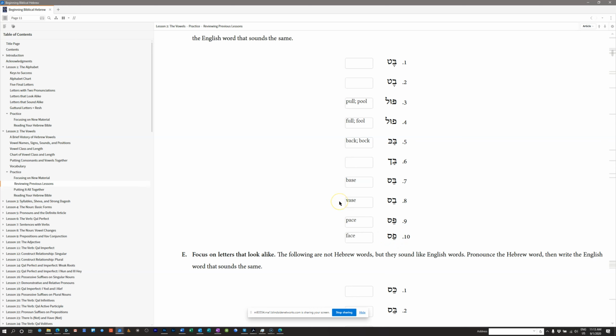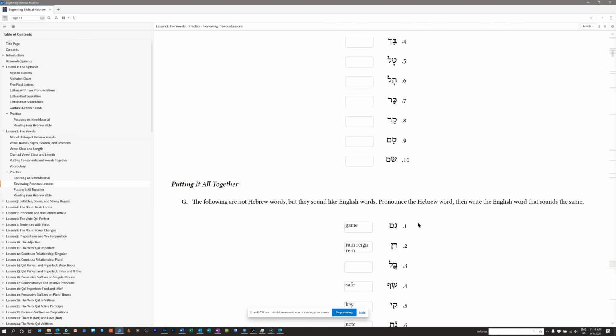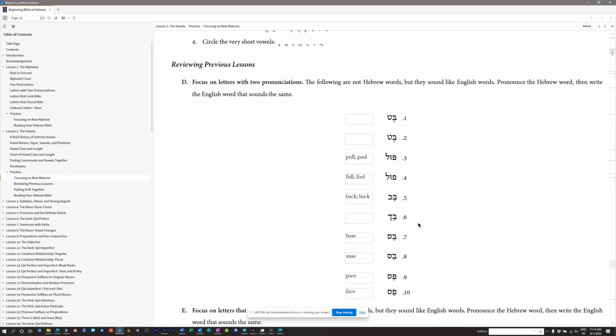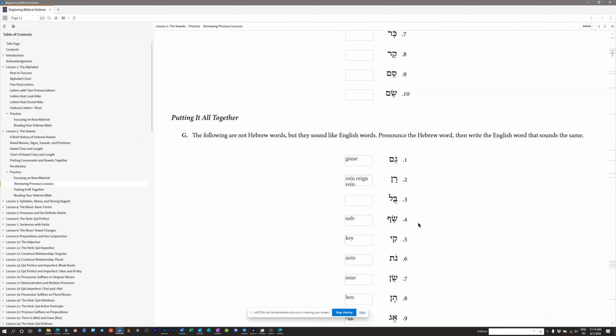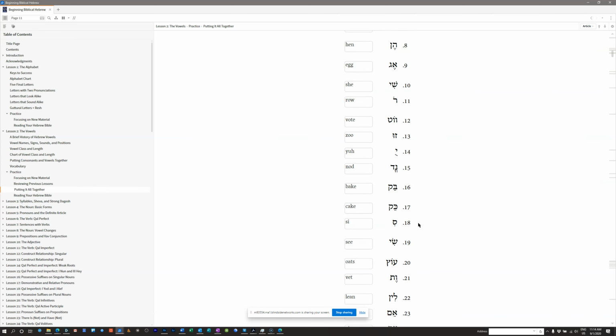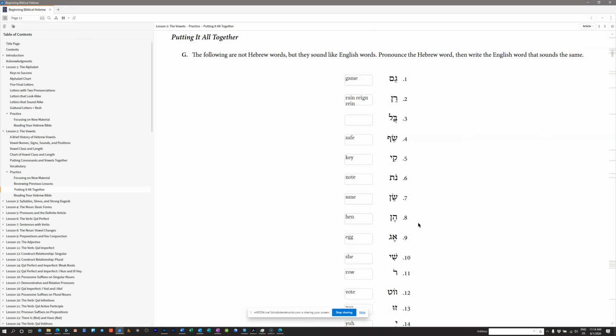All right, so this is probably a pretty frustrating exercise for you guys, especially the G here. This is basically the same thing, but how is it different? What is the difference between D and G? I guess the difference is, I don't know, they're pretty much the same. So I'm not sure what the difference is between the two, but you get more practice here in G.